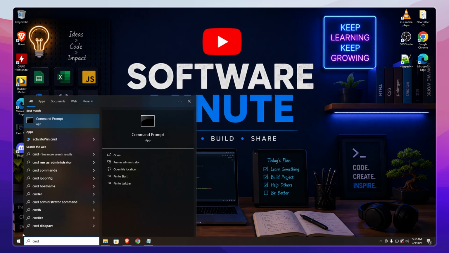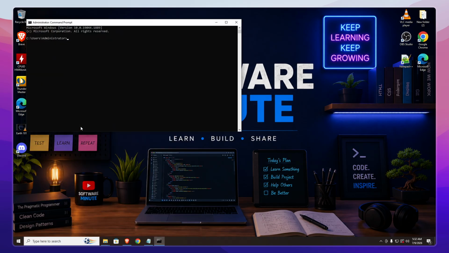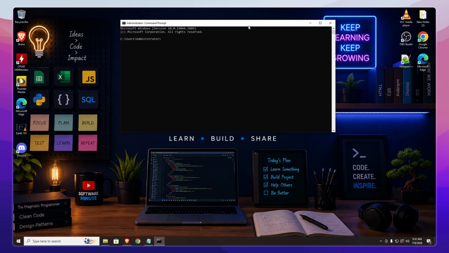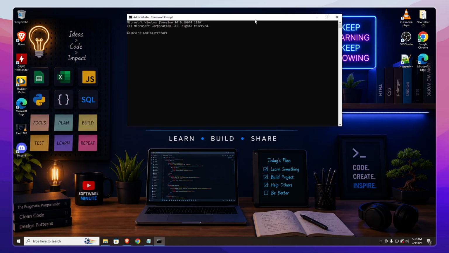Now here's an important step. You need to run command prompt as an administrator to ensure you have the necessary permissions to execute system repair commands. Right-click on command prompt and select Run as Administrator from the options. This elevated access is crucial because the repair commands we're about to use require administrative privileges to scan and modify